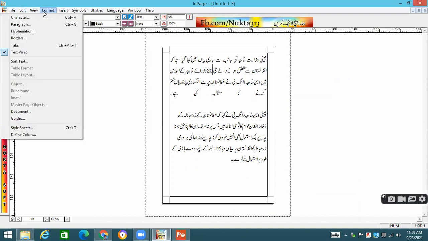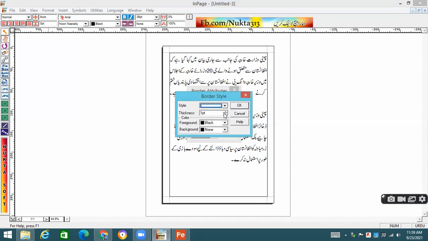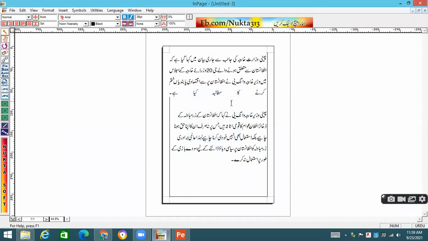Save as. Yes, in format, borders are also there. You can go to the border option and the border will be applied. Let's suppose I take a 3.4 point border. So the border will be applied to the page.